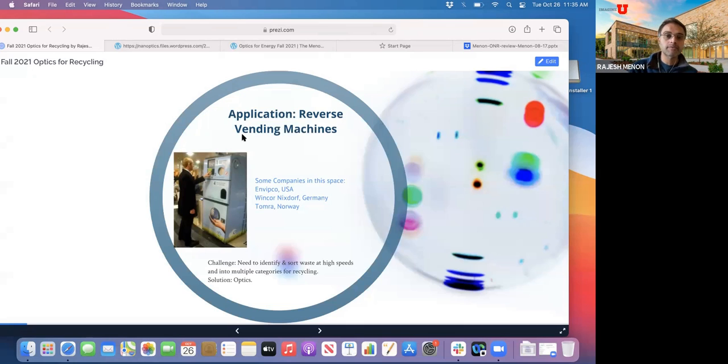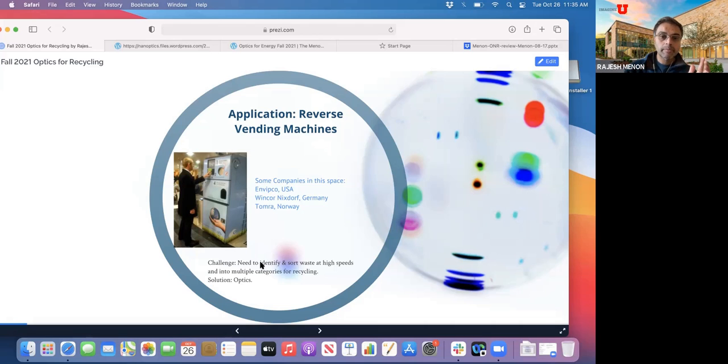You want to be able to store it and have a pretty significant amount of these materials processed or sold to some centralized facility. So the reason these machines exist is because, of course, these are for-profit companies, right? So someone actually has to pay for these machines to be there. So they expect some sort of return on their investment. And there are various ways they make that return. First of all,